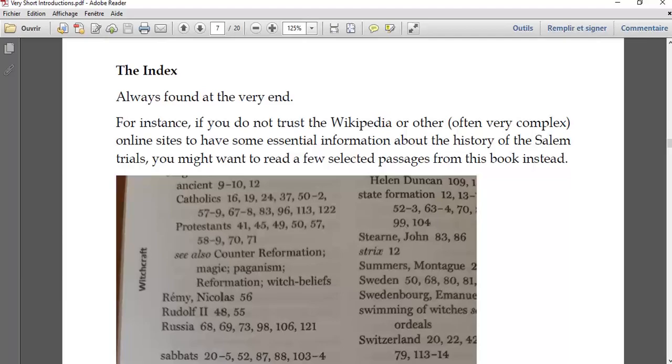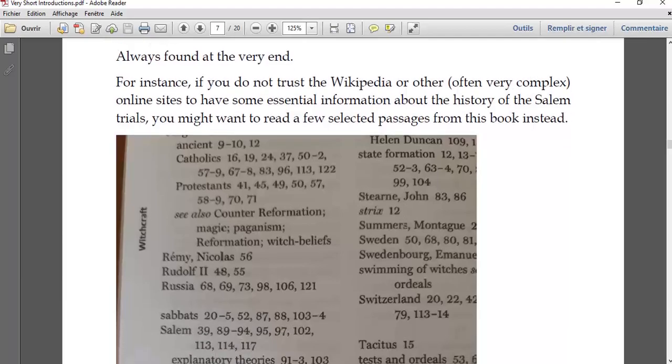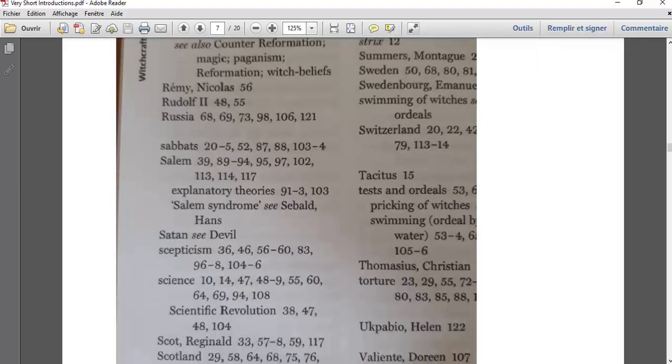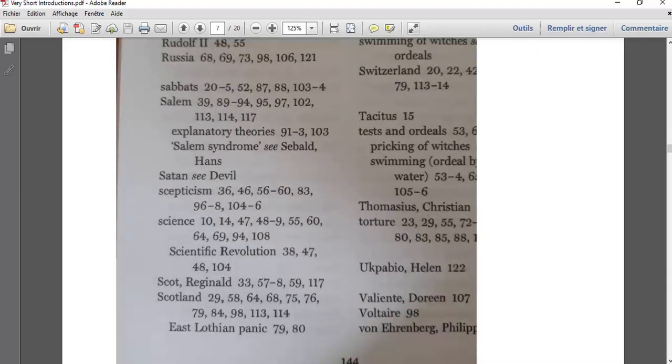Okay, so concerning the index, I have given you a print screen from page 144, and in alphabetical order, of course, you will find the various entries beginning with the letter S, and as you can see, you have Sabbats, Salem, Satan, Skepticism, Science, Scientific Revolution, Reginald Scott, Scotland, among other entries. Now, I was mainly interested in the Salem entry, and as you can see, there are a lot of page